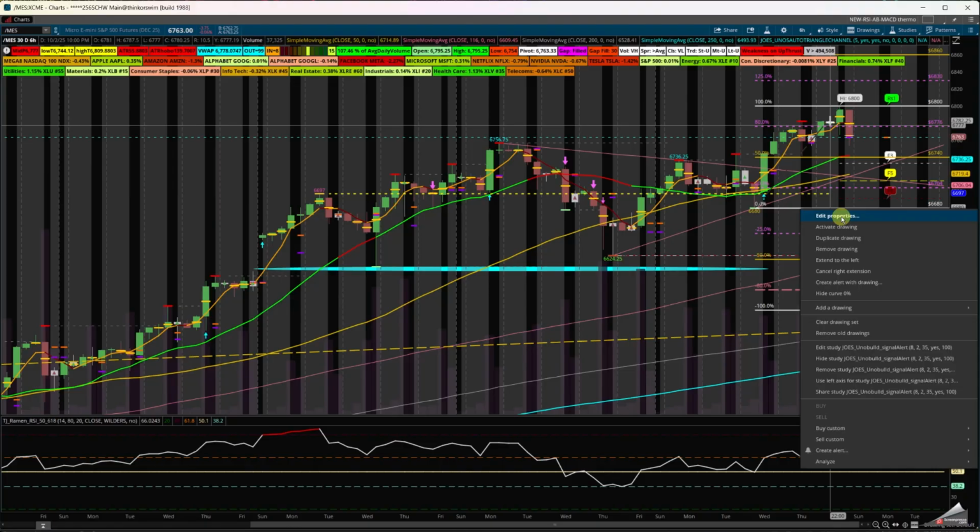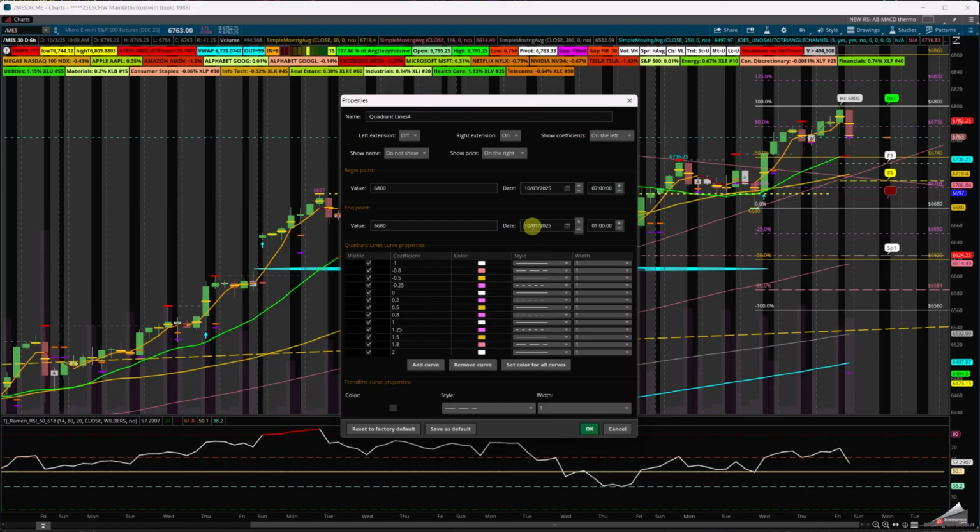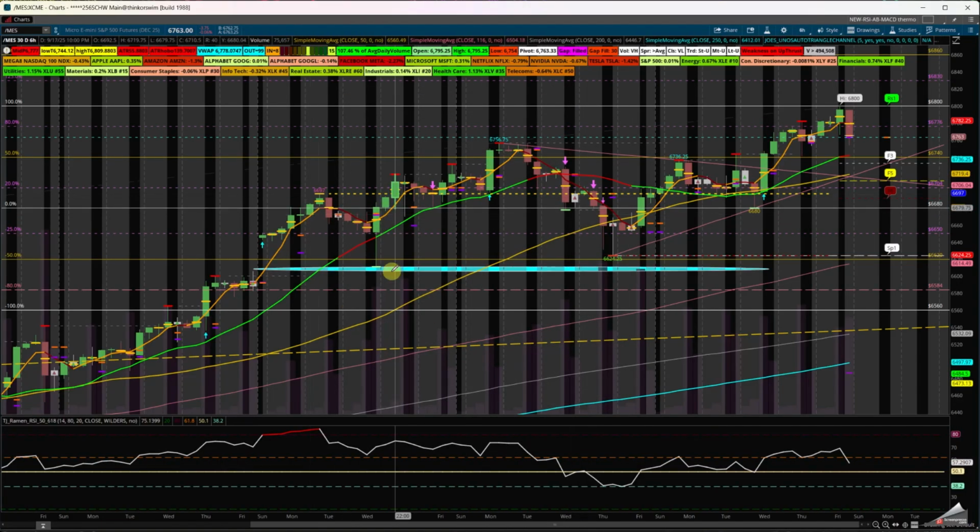I do the weekly so that way I can get the shorter range. The monthly, we do the prior month range, high and low, in order to know the levels. Edit the property. You can see it says 10-1, and I'm going to extend it to the left, 0-1, 0-9. And that's the monthly measured move where the consolidation is, minus 50, and that gap fill, which would be